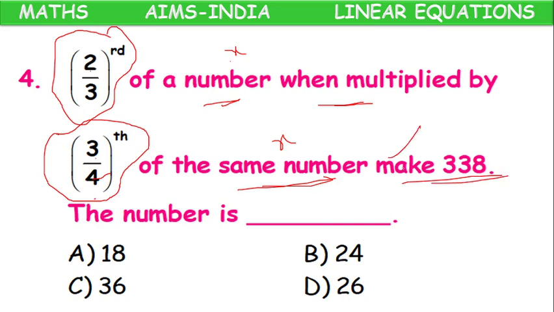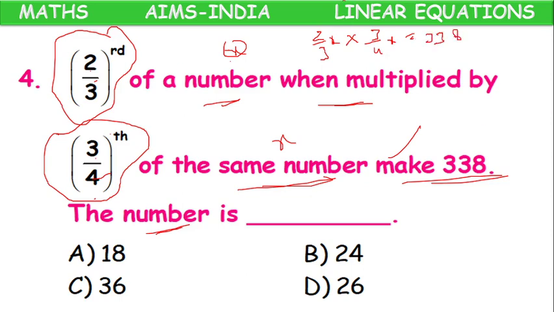What makes the product of 2 by 3rd x and 3 by 4th x? It makes 338. Then what is the number? What is x? 2 by 3 times of x into 3 by 4 times of x equals to